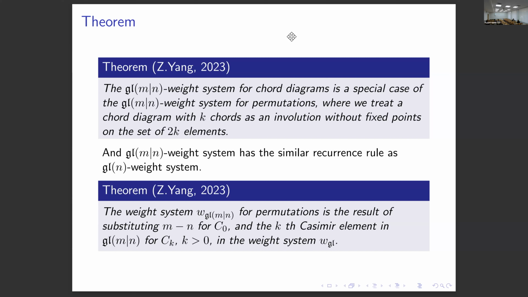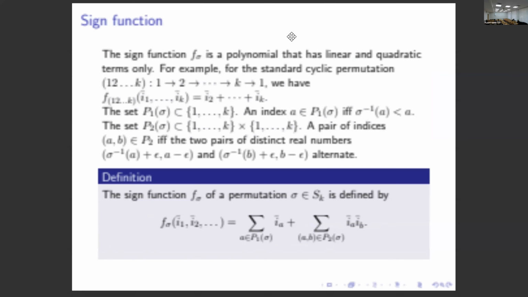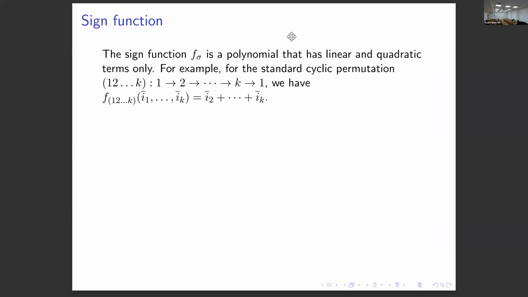If you see that the gl(n) weight system and the gl(m) weight system, for the specific m and n, you need to project the higher Casimir element to the